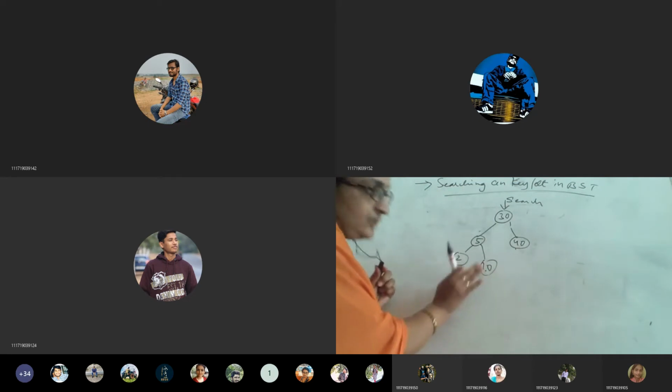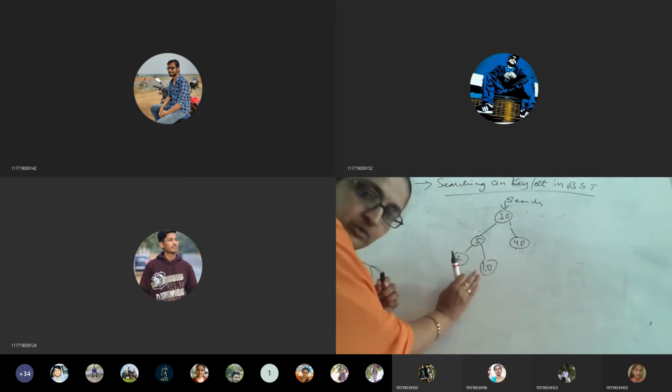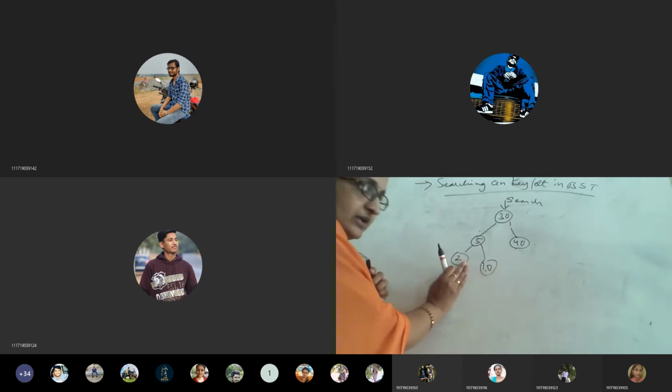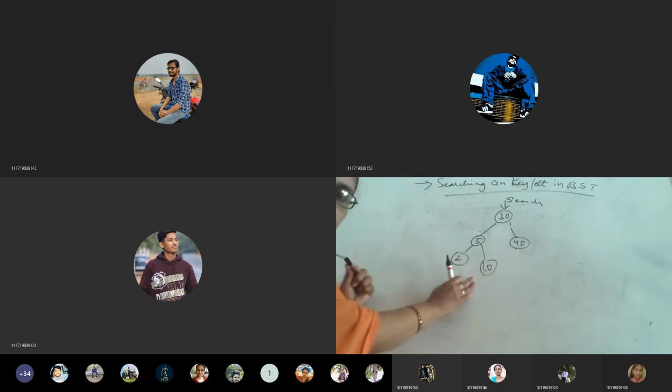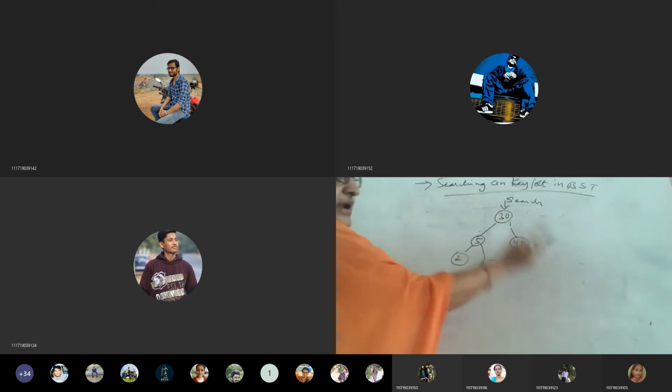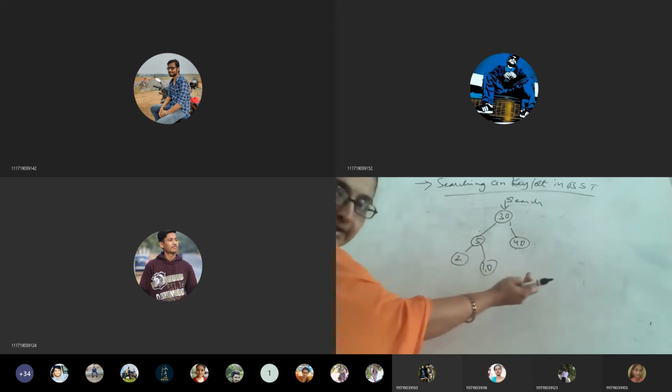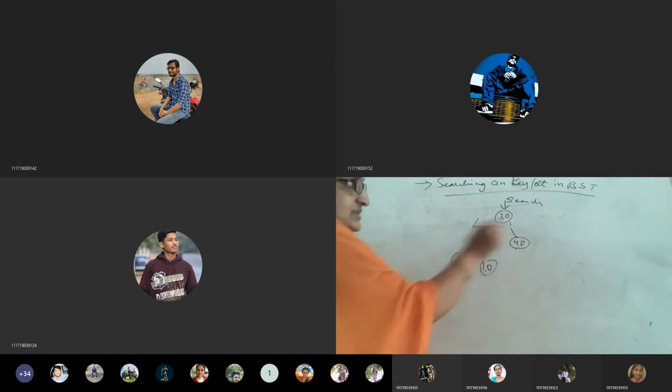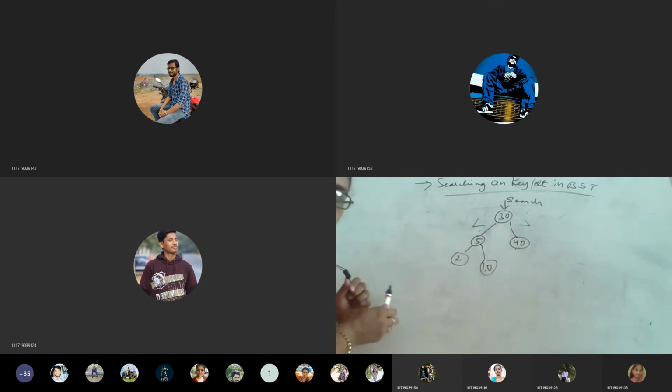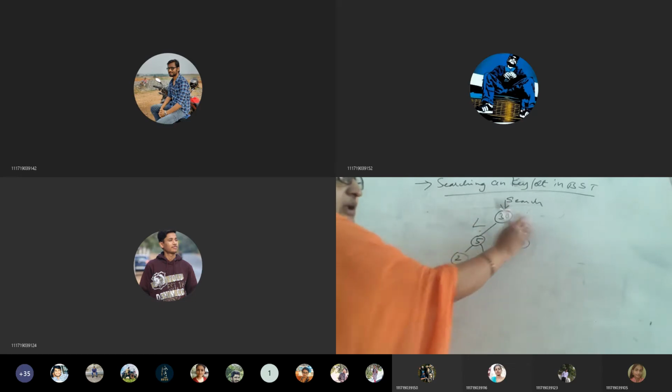Binary search tree means, first of all, it should be a binary tree: maximum 2 children for every node. Yes, it is a binary tree. Binary search tree means the root node's left value should be smaller and the right side value should be greater. So lesser, greater. These symbols at least you remember. Towards the left side it should be lesser, towards the right side it should be greater.